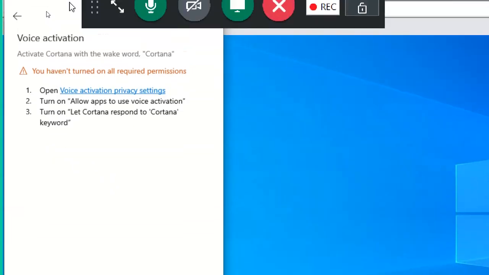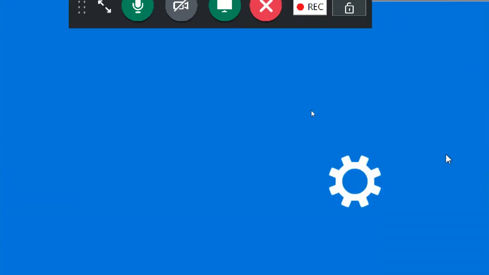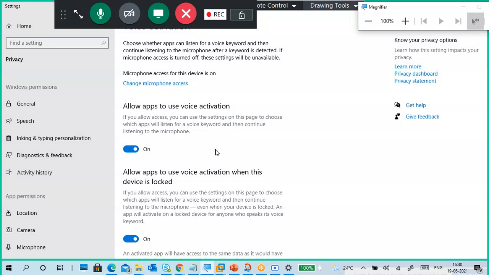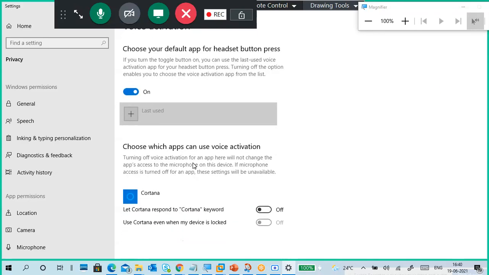What is voice activation? Turn on apps to use voice activation, and let Cortana respond to keywords. Maybe the settings changed after the update. It is on, so allow apps to use voice activation. Everything is on, right?